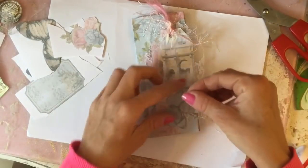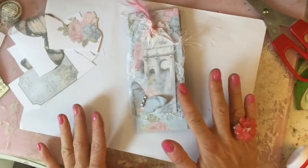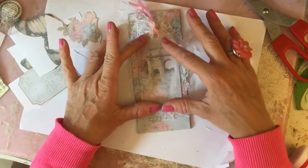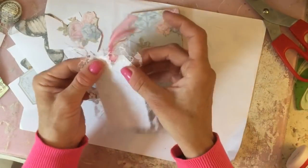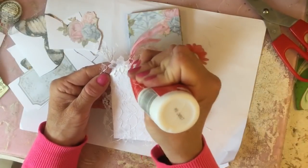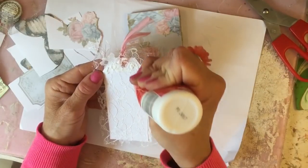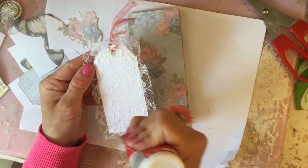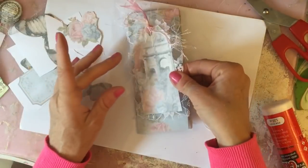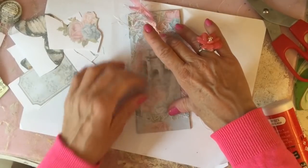Right, so I'm going to have a little bit of bling on my butterfly because I love it. So I'm just going to pop that on like that, and I'm probably going to hot glue this down, I think. No, actually I'm going to wet glue it. I just thought I would hot glue it so that you guys weren't waiting around, but actually I think it will be fine. So just going to wet glue this down like this, and I'm doing it on 3 sides, so it's another pocket on the front of the pocket itself, if that makes sense. So pop that on like that,